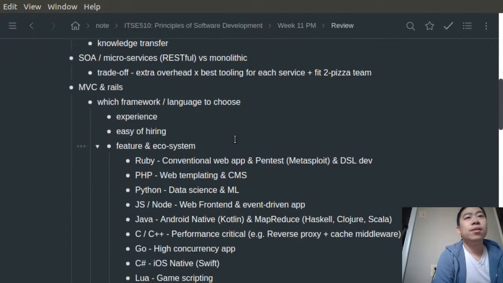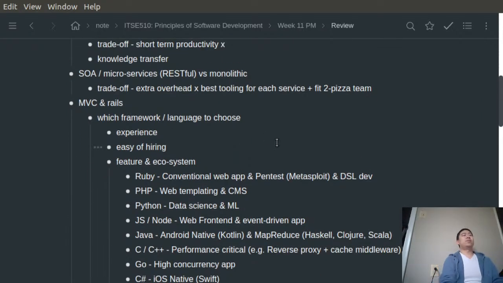Yeah. And then we were introduced to an architectural pattern called SOA, or service-oriented architecture. One specific implementation of that is microservices. And in order to do microservices, you need to implement a RESTful API. So we were introduced to that. And then the counterpart is usually the monolithic architecture. So the trade-off here is basically